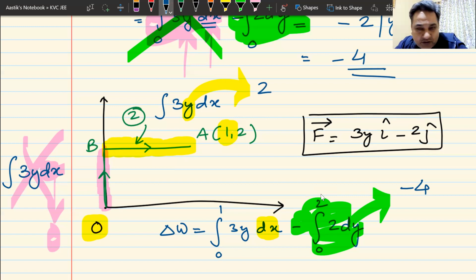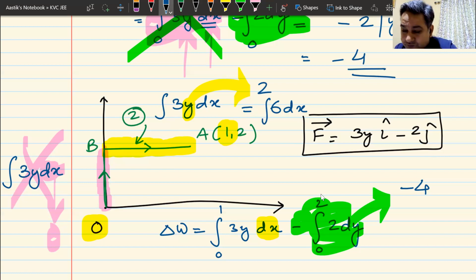I don't have to worry. It is a constant. So it is 3 multiplied by 2. So this integral simply becomes 3 multiplied by y. Y is 2. So this integral simply becomes 6 dx. Wow, it is simple. Y is constant. Y does not change. It's as simple as that. So this is simply the integral of 6 dx.